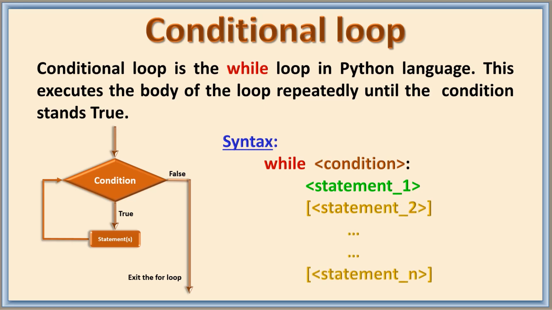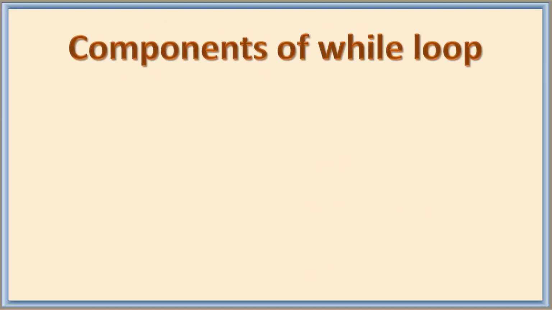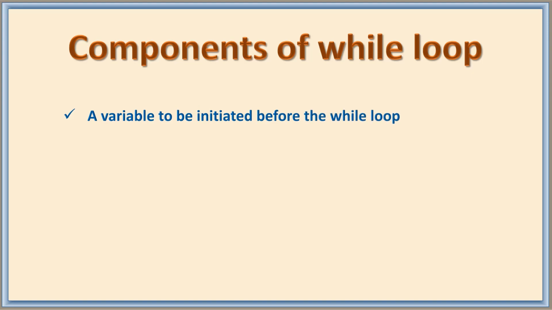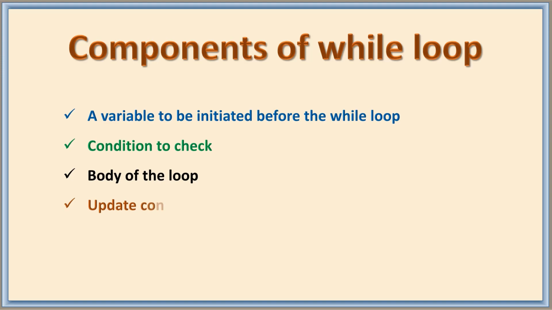When we are having a while loop, we need to remember a few things. These you can remember as components of while loop. There are four main things to remember. One is the variable to be initiated before the while loop if you are incrementing or decrementing. Next, the condition which is given with the while loop, then the body of the loop. After it, we need to have the increment or decrement, updating the expression or the condition whatever we have given with the while loop, that is to be updated, and that is included in the body of the loop itself.